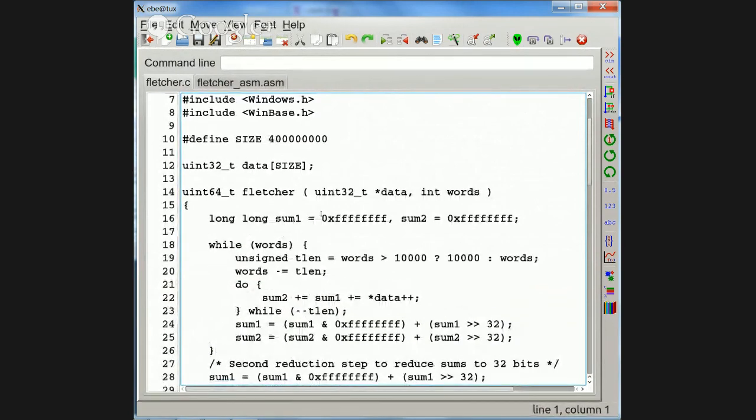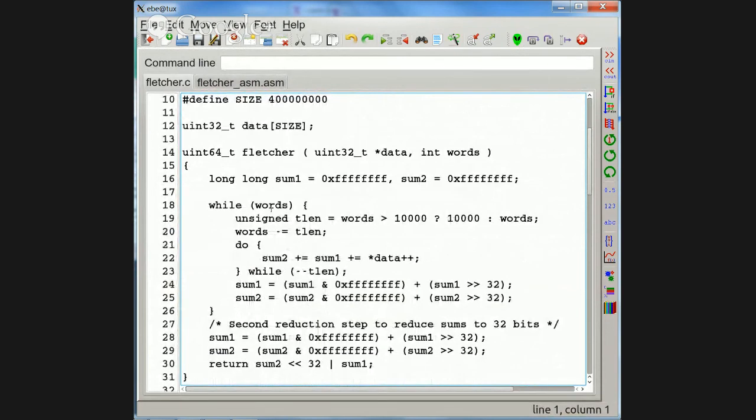So I made a Fletcher 64, and it's doing the same sort of thing as the one before. I haven't done the optimization where I'm trying to figure out how many things I can accumulate before I start overflowing, but I certainly didn't have any problem with 1,000 of them. I had a problem with 10,000, I think. So I did the same algorithm as before, but where they had 4 Fs, I made it 8 Fs. And where they shifted 16, I shifted 32. And this seemed to work pretty well.